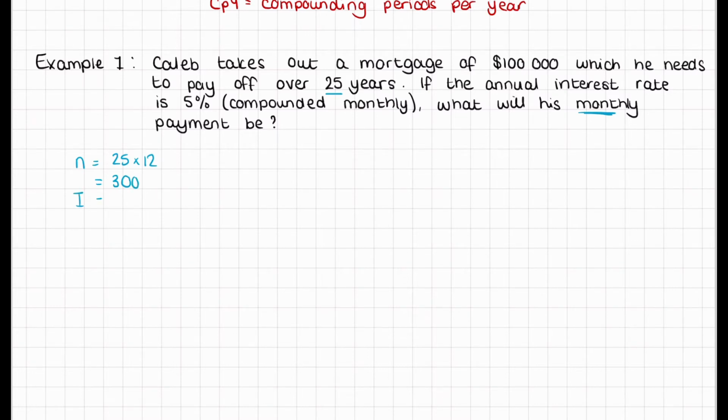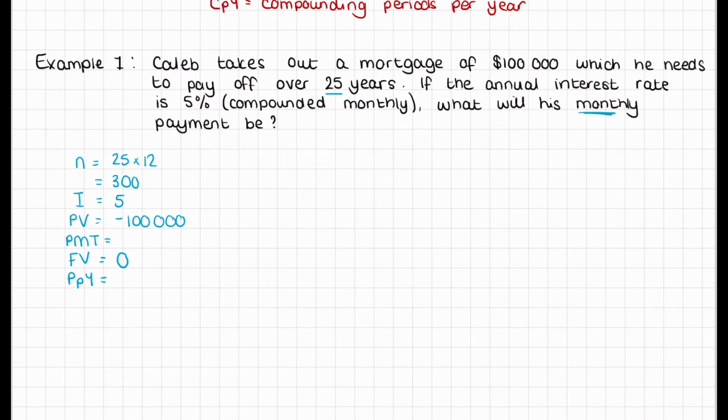Our interest rate, nice and easily 5%. Our present value, how much did we start with? Which was 100,000. PMT is what we're finding out. Our future value, now in this case our future value will be 0 because we're paying off a mortgage. So I wanted to know how much we are going to have to pay off each month for it to get to 0. Our payments per year,